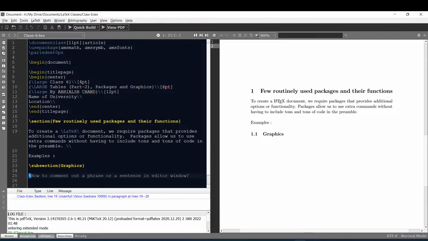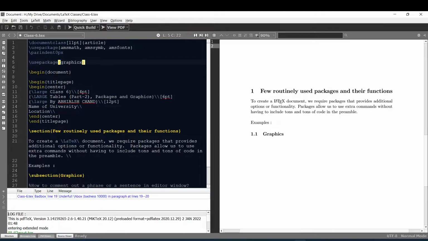To include graphics or images etc. in LaTeX, we need an additional graphicx package. Let me go to the preamble to write the code for the graphicx package. So here I have written \usepackage in curly brackets graphicx, and since we have just learned about commenting out some phrases in LaTeX, let me write briefly about the functionality of the graphicx package in a comment.